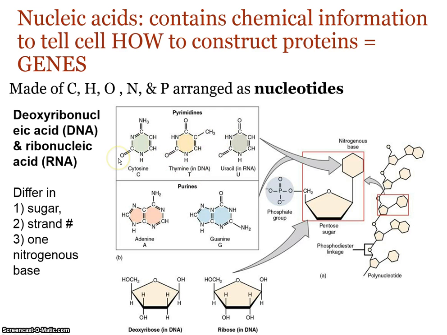Now, there's not a lot of difference here. As you notice, I've got 5 choices here. So it's not like the 20 amino acids. It's only 5 choices. And it turns out in DNA or RNA, there's 4 of these. So whether you're DNA or RNA, you have cytosine, right? You have adenine, and you have guanine. But if you're DNA, you use thymine as your nucleotide, thymine. And if you're RNA, you use uracil.